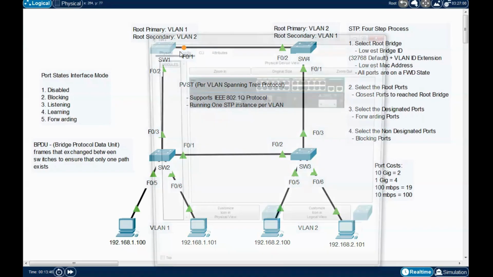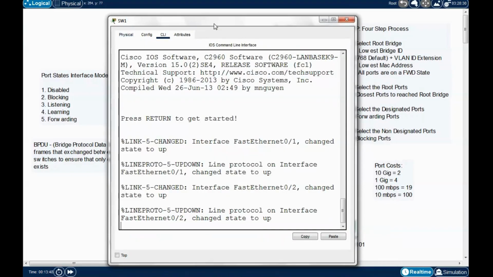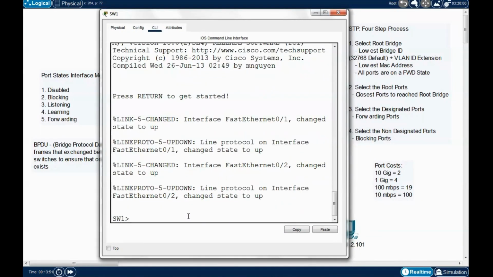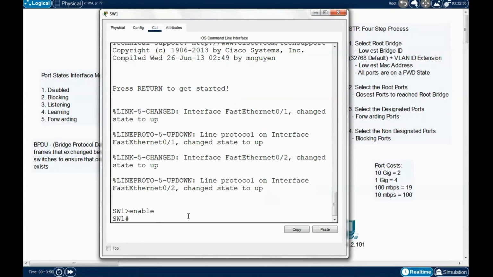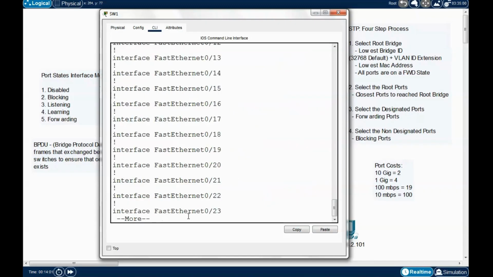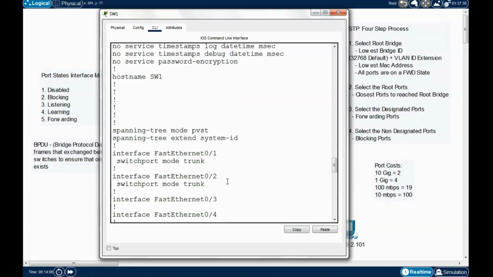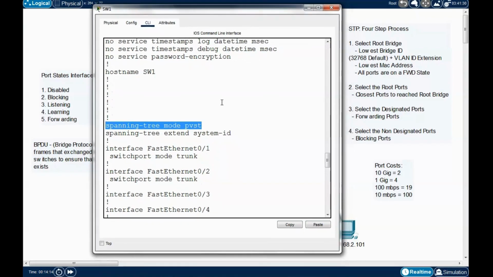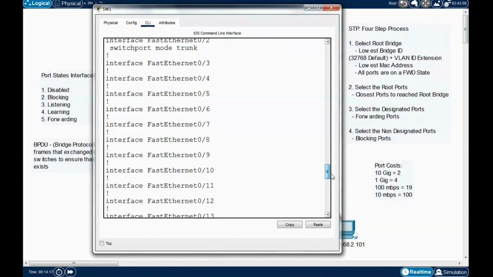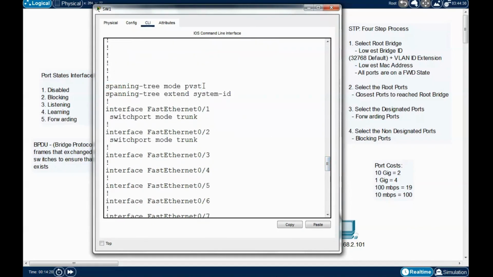To show you, I'll open the switch 1 command line interface and hit enter to get started. I'll type enable, and then show run, pressing space bar to see the information below. Scroll up and you will see that spanning-tree mode PVST is already active on this switch. But in case you're getting different information, such as rapid PVST,